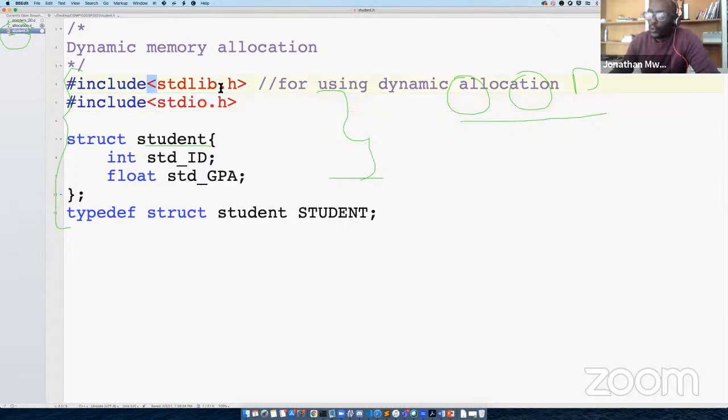So when we do this include, we are telling the compiler that during the linking stage, remember that from Computing One, the stage where the materials from stdlib and all these things get linked to the source code you have created.